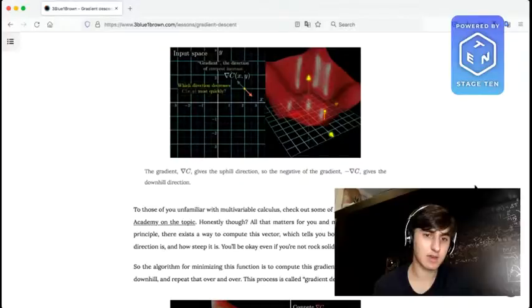Remember, this cost function involves an average over all the training examples, so minimizing it means a better performance on all the samples. In practice, each step will look like minus eta times the gradient,